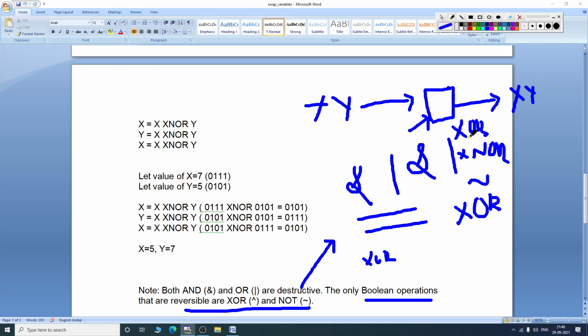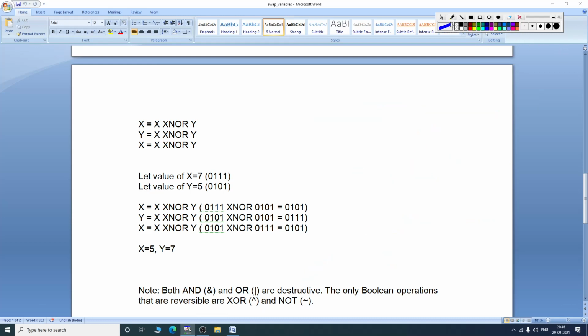So when you use XOR and XNOR, the intermediary is preserved, and we can get the value back. But bitwise AND and bitwise OR do not preserve the values. So if you use these, you cannot swap the variables, because your intermediate is getting destroyed, so you cannot get your output back.